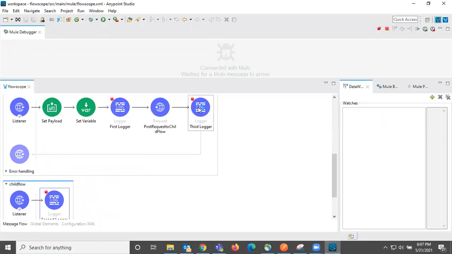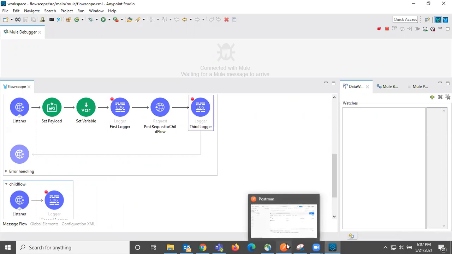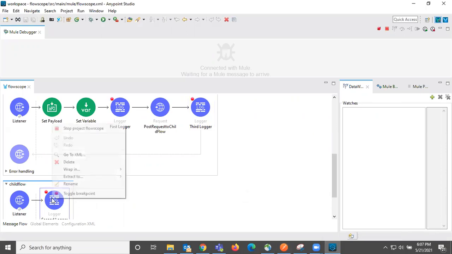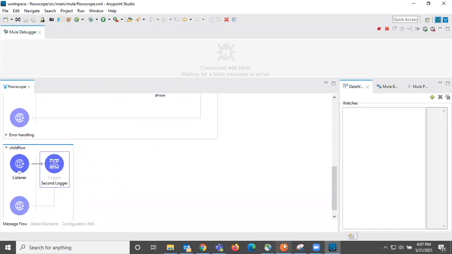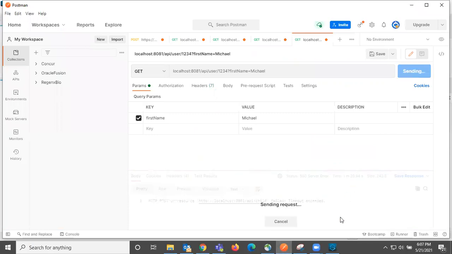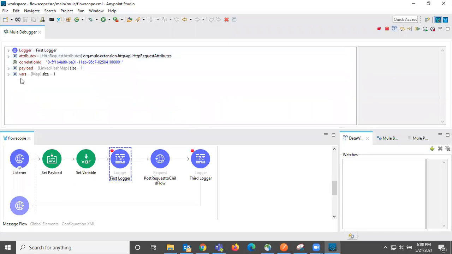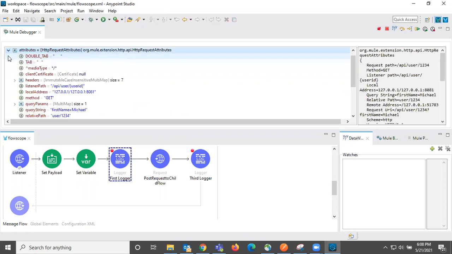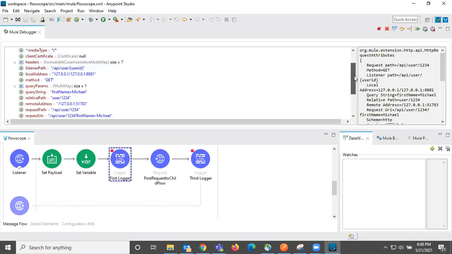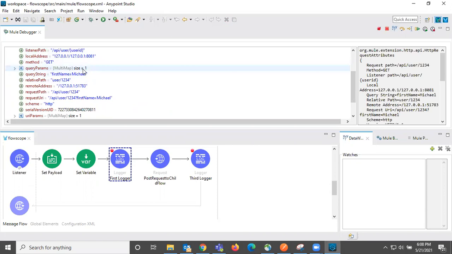So we need to stop here. Let me remove this toggle point here. I'm just triggering the flow. So it is stopped here. We already looked into this, but let me quickly show you. One variable is there, one payload is there, and in attributes you can see the query parameter size is 1 and the URI parameter size is 1.